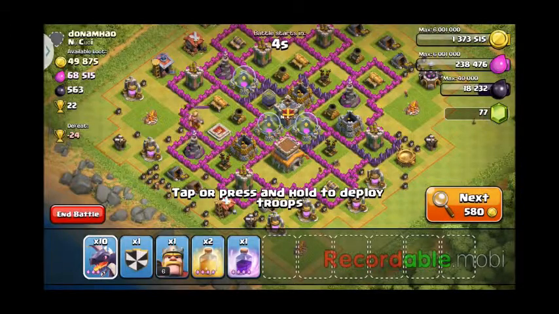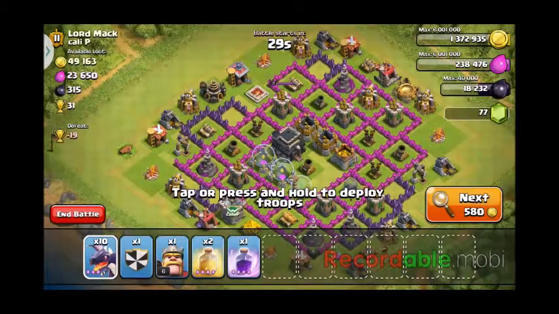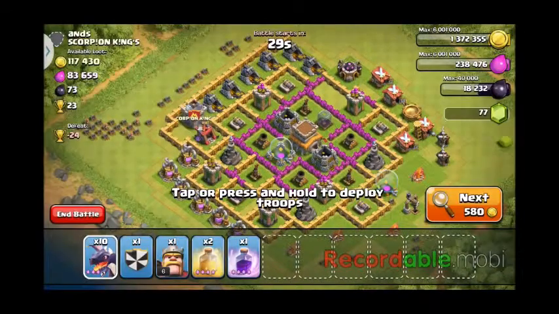I'm just going to go ahead and hit this one. Well, you know what? It doesn't have a lot of resources. We're going to go to the next one. Alright. That one doesn't have a lot of resources either. If I get 100k on everything...